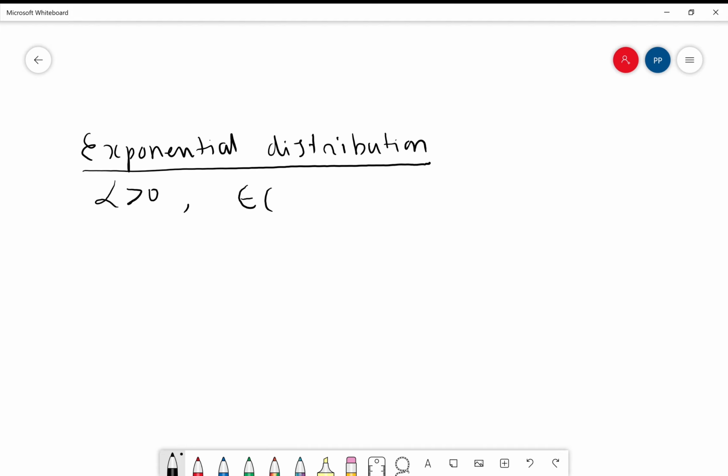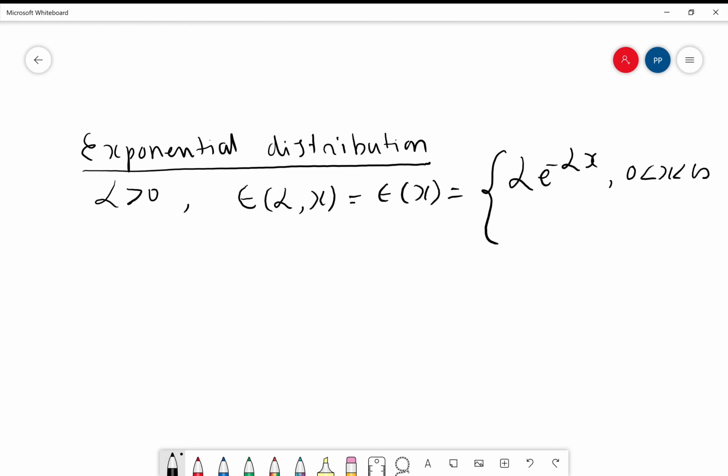it is actually e written in a different way. It looks like epsilon e of alpha comma x or e of x, which is a splitting function. So it takes the value alpha e power minus alpha x for a positive interval, that is 0 less than x less than infinity, and 0 otherwise,